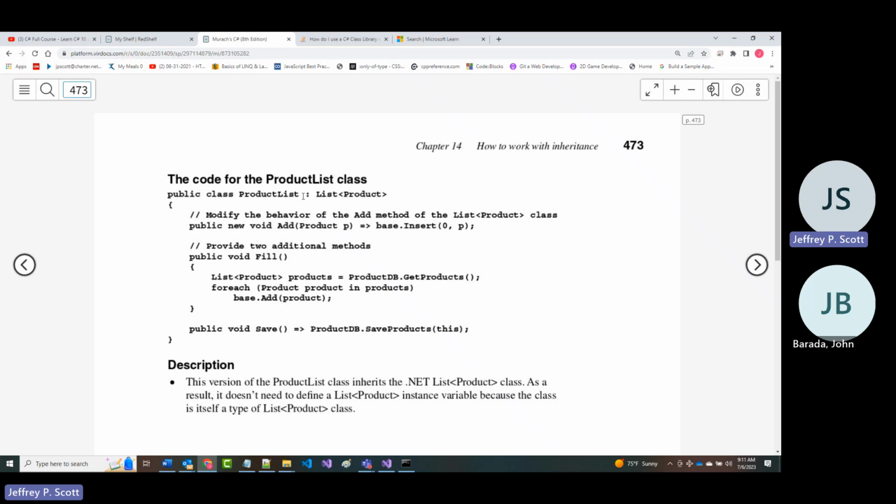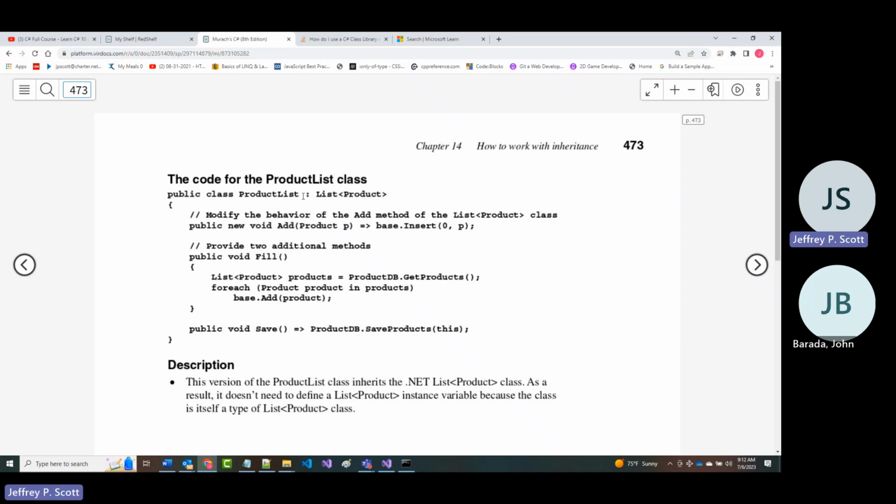What do I mean by that? Well, as an example, a dog is an animal. A cat is an animal. A bird is an animal. A savings account is a type of bank account. A checking account is a type of bank account. An IRA account is a type of bank account, that type of idea.